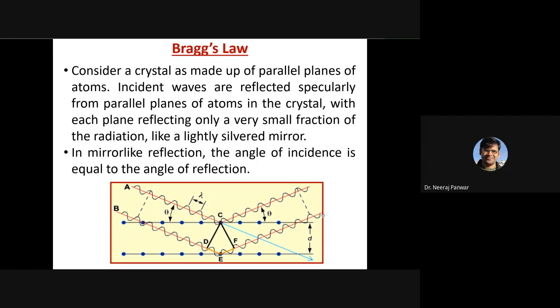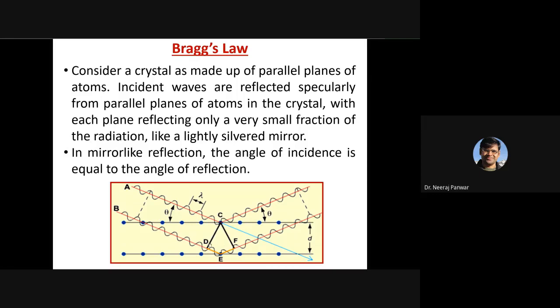But you notice here that this ray B travels more distance in the lattice in comparison to wave A. So now we are going to calculate how much extra length wave B has traveled in comparison to this,